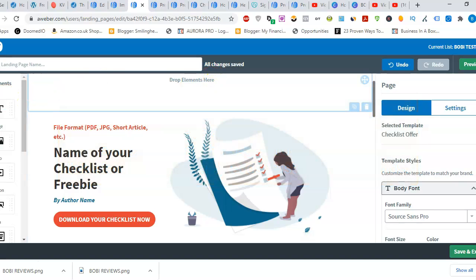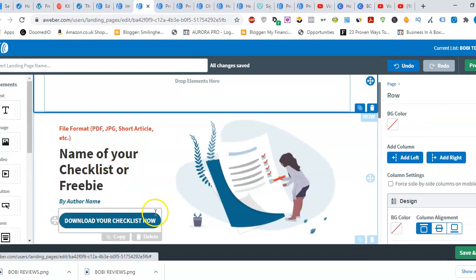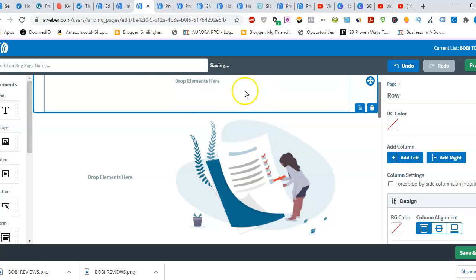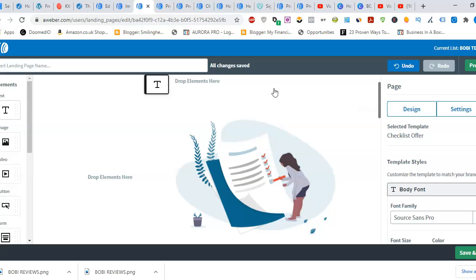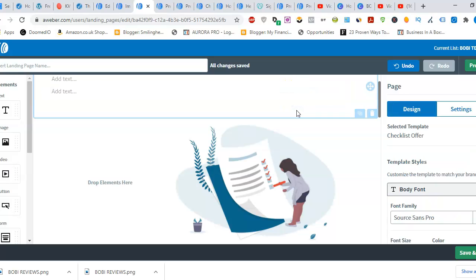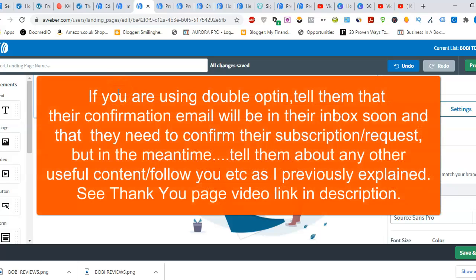What we're going to do is remove this, we don't need that there, remove this. So just remove everything that's not needed on the thank you page, and all we're going to do is write in here "Thank you for subscribing" if you're using single opt-in, or "Almost there" if we're using double opt-in. So we can write here